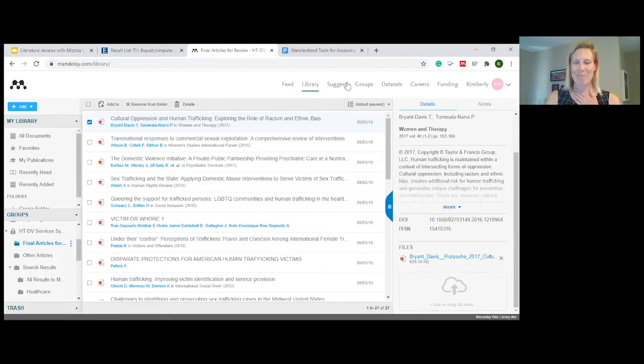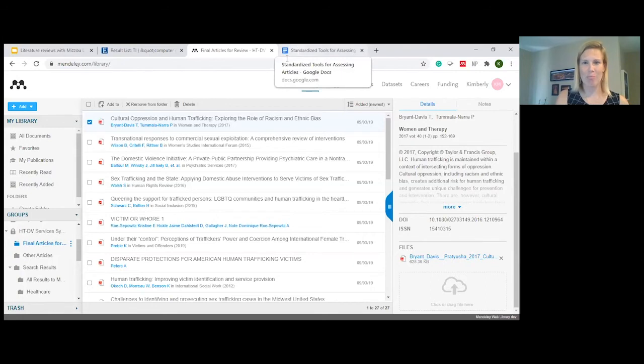The other thing I really like about Mendeley is you'll see at the top there are a couple other pieces of useful details for this tool. Data sets: if you work a lot with data and statistics, it pulls a lot of free data sets that exist online. And then also funding. I know sometimes it's a little easier for some fields to find funding than others. So I have some faculty who really enjoyed that resource. It takes a look at the articles that you've pulled, and then it suggests different funding opportunities that you might be interested in applying for. So different grants that are out there. Okay, last couple things before I pull this over.